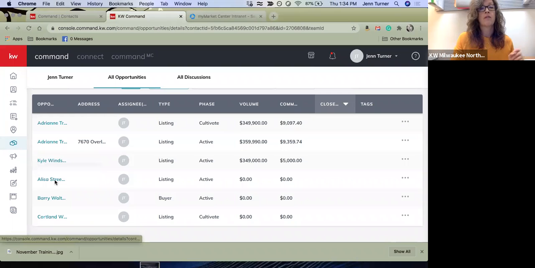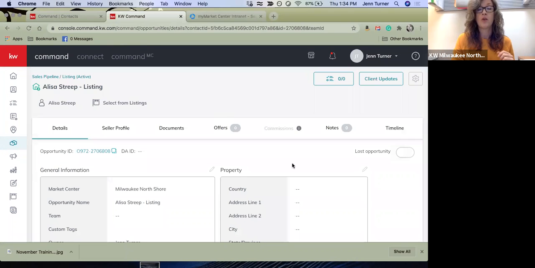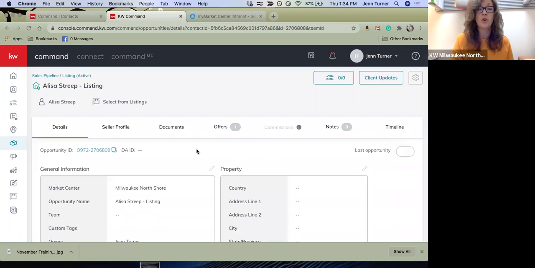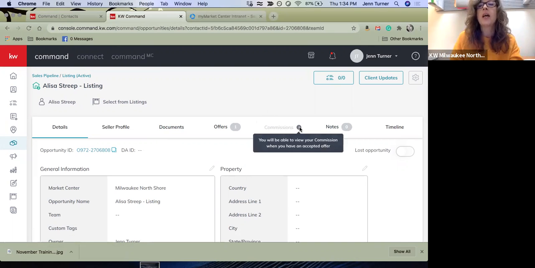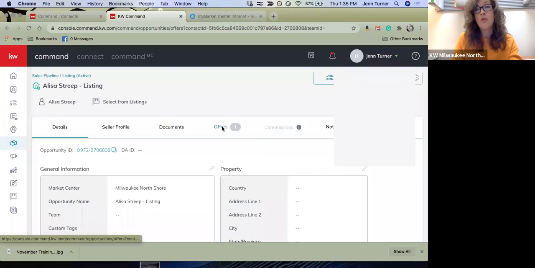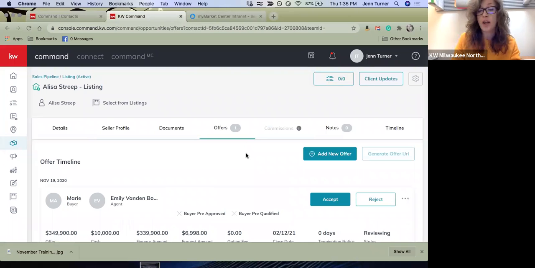So let us get started with a listing. Now, some of you may have noticed, this is just a basic listing. We'll imagine that we've uploaded all of our documents and have submitted them for approval by compliance. And you may have noticed this commissions tab is grayed out. So if we hover over it, it will tell you, you will be able to view your commissions when you have an accepted offer. So I'm going to pop over to offers,